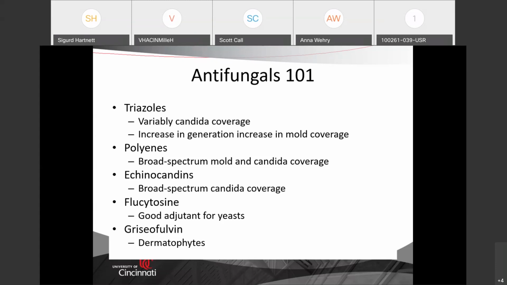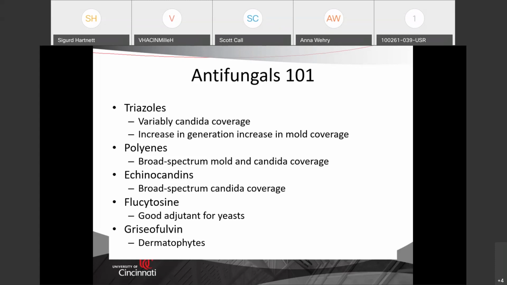The next group I think of as my broad spectrum mold and Candida coverage. These are the polyenes, and this includes things like amphotericin and nystatin. These really are broad spectrum antifungal coverage. Unfortunately, there are some Candida and some molds that are resistant. And so knowing those, and knowing that you should probably always get sensitivities if you have a clinical infection,